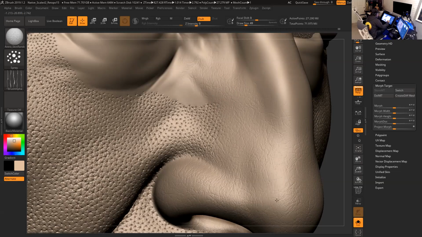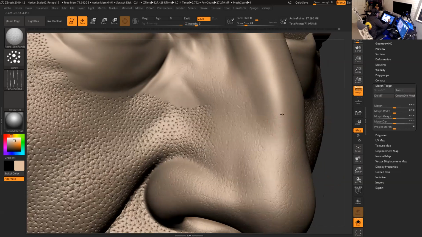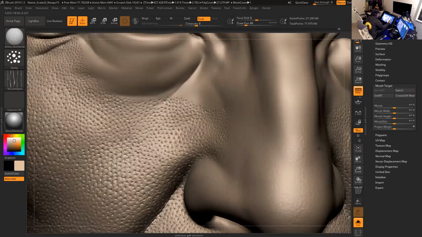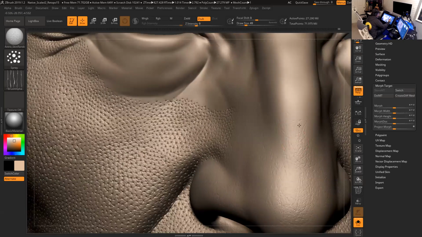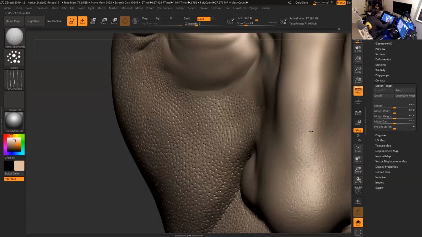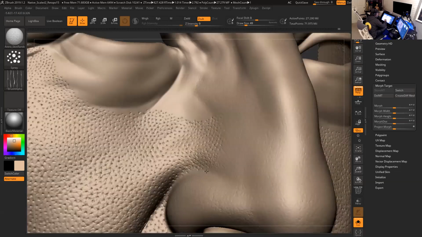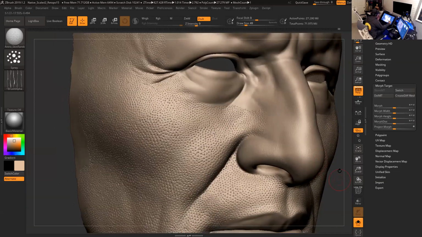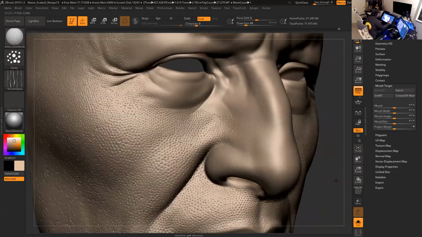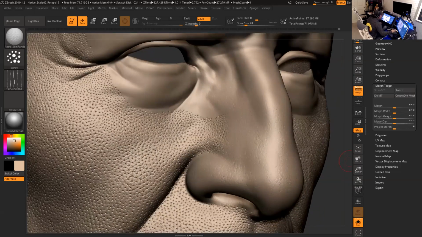So now we have this little pattern there. Now let's play with some pores and then jump right back to the eye bags. I think the eye bags are actually more important at this point. Maybe we can do that first. Yeah, let's do that first. Let's go here to the eye bags and then come back to the nose and add some detail in there. So for the eye bags, let's go back to my